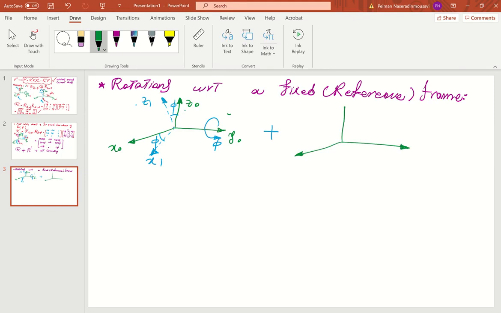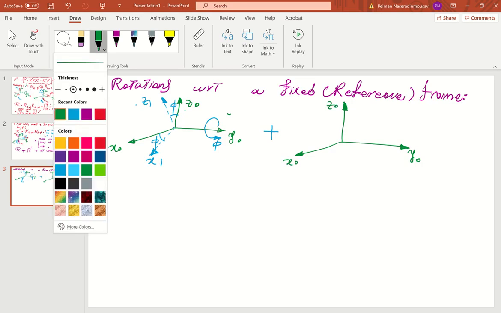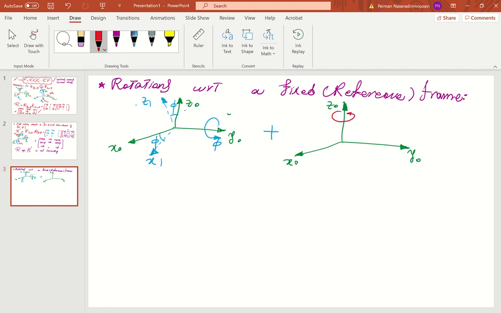As I will teach you later, today or the next class, this happens for the roll, pitch, and yaw rotations. X naught, y naught, z naught. Now I'm rotating again around a fixed frame, this time z, by theta. So this is what you get, right? Here we go. X1 and y1. This angle is theta, this angle is theta. Plus,